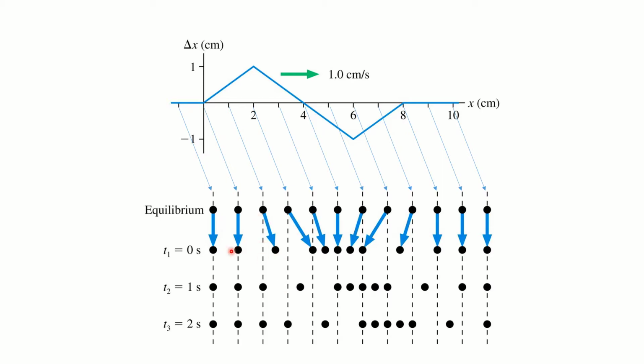But you can plot those individual disturbances on a vertical axis. It's going to be the delta x disturbance. As you can see here, for the t1 equals 0 seconds snapshot graph, we have equilibrium points, and then this one's displaced to the right a bit, so it would have a positive displacement. 2's displaced a certain amount. Then you can make that plot. It's just not as obvious to see as with the transverse wave, because you're actually looking at the displacement, and the snapshot graph looks like that displacement.